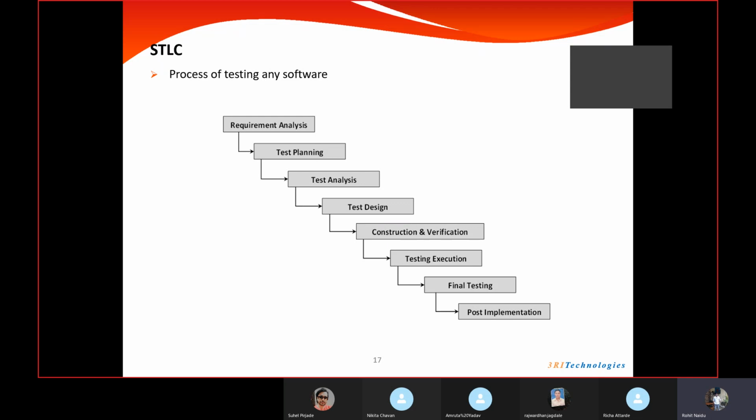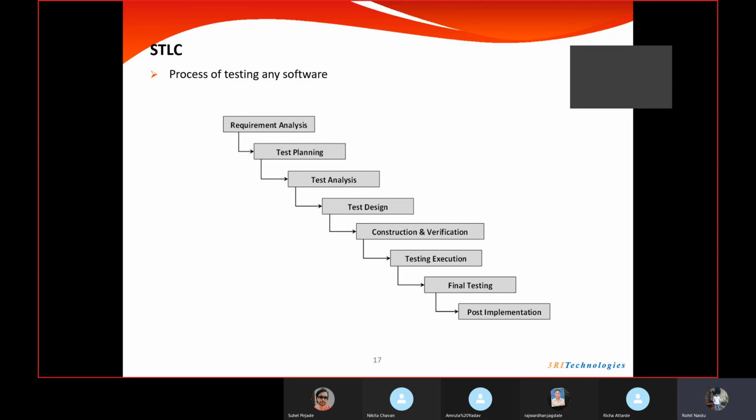We will follow the test script very strictly, and we will compare every step's expected result with the actual result, and then we will conclude whether our particular test step has been passed or not. And once the entire test case is passed, like let's say if all the test steps are passed, then we will say that the entire test case is passed and the requirement is fulfilled.